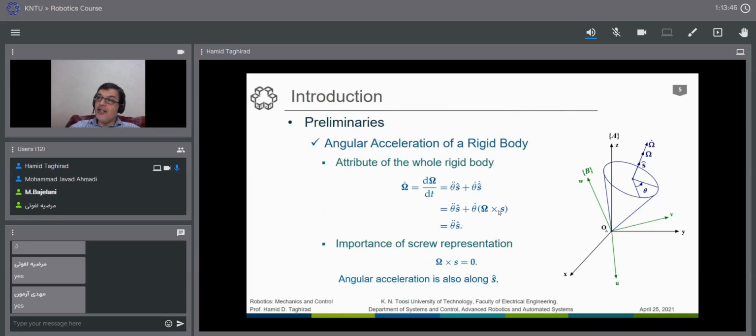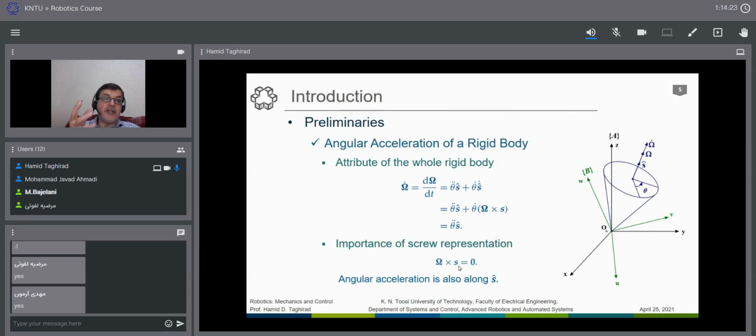And if you see here, in omega cross s hat, omega and s are together, on the same line. So this part would be 0 because of the screw representation. No, this is only true for the screw representation, not for other representations. And omega dot is equal to theta double dot times s. It means that omega dot is also in the same direction as omega. So this is a physical